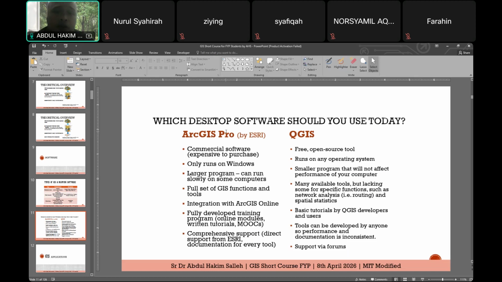Okay. Now, how about Quantum GIS? Quantum GIS is free and open source tools. That means it is an organization that developed this, but all the algorithms were donated by experts. Okay, so the organization also comprises many experts, of course. So they are checking all the algorithms given. There are a lot of free algorithms, free to be used, free to download.